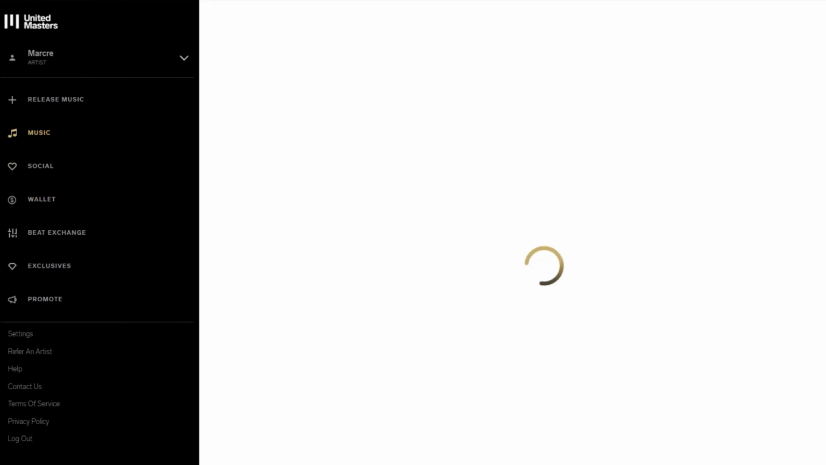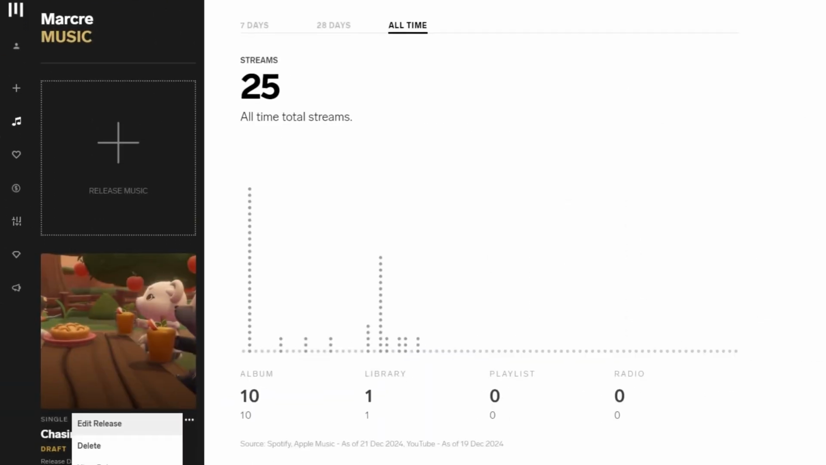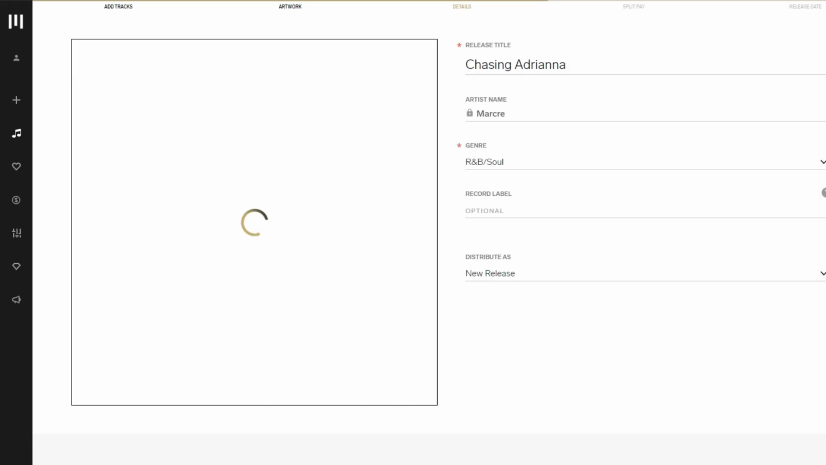still be there. So in that event, you would have your unreleased tracks that you now want to add to the album. Head over to the music tab to find them. Click on the three little dots and hit edit release. It should bring you to details, and you can just click on add more tracks or simply drag and drop